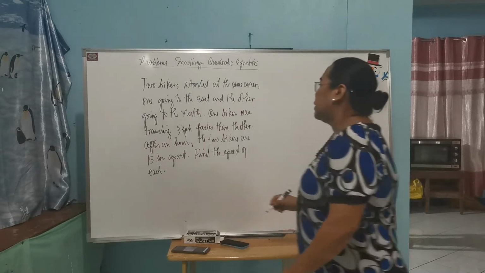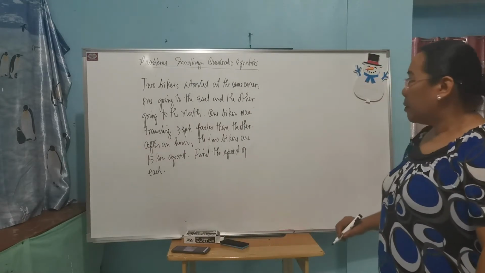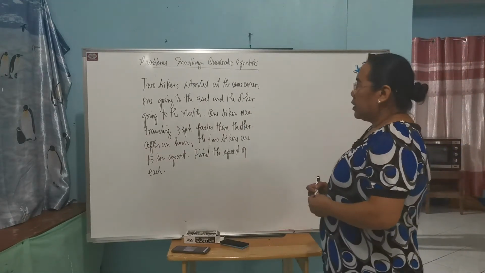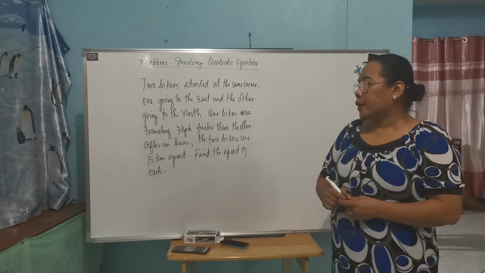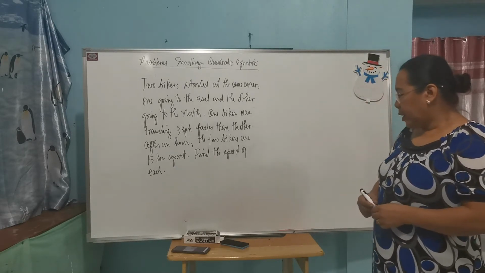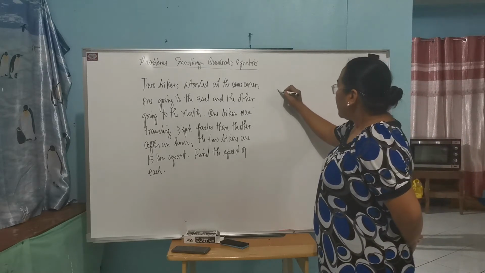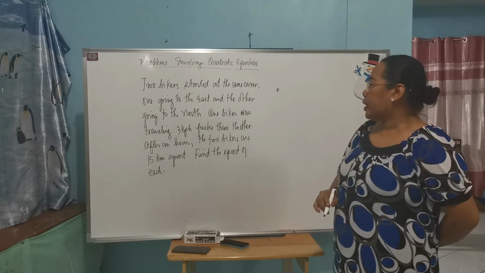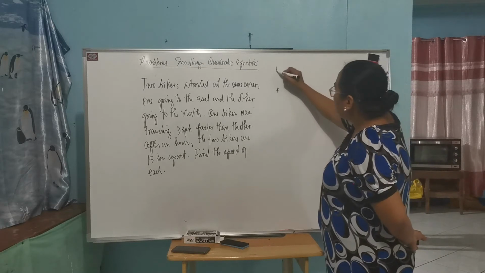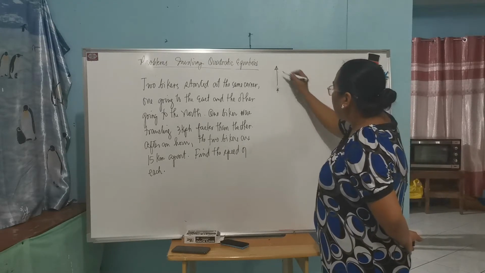Okay? So this is our problem. So we are going to illustrate first our problem. So we have here as the corner where they have started, one biker is going to the north